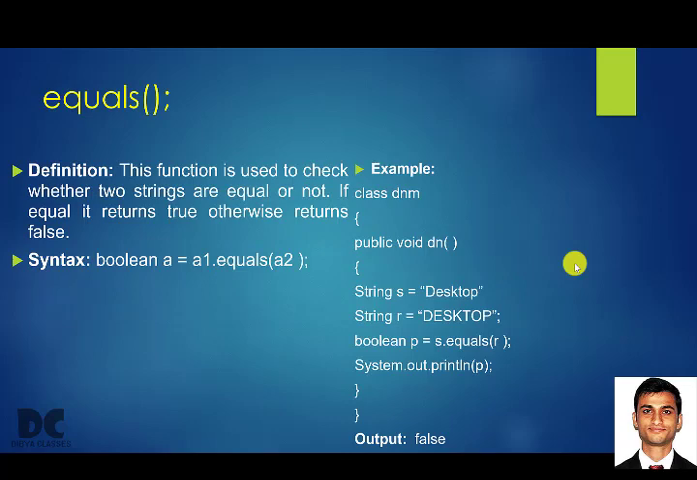Next we have equals. So if you remember, we have discussed in previous classes, in class 9 and class 10, that we cannot check if two strings are equal or not by using the equal to sign. That is this one, double equal to. You have been using this operator to check if two values are equal. For example, 5 equal to 5,